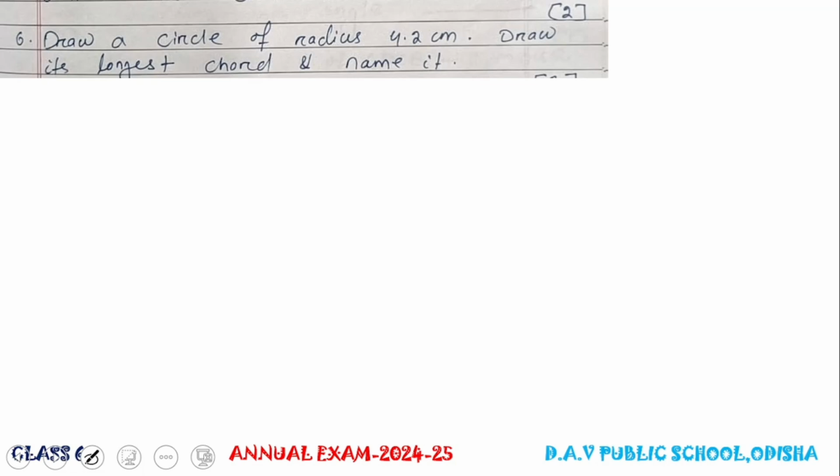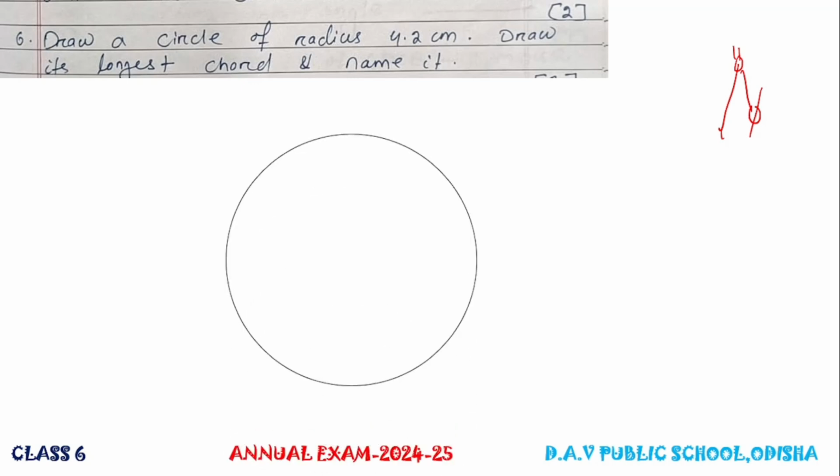Draw a circle of radius 4.2 centimeter. So by using a compass, take 4.2 centimeter and draw the circle. Now draw its longest chord. So the longest chord is this, the diameter is known as the longest chord, and name it A, B. Center is O, suppose this is P. So OP is a radius, AB is a diameter or longest chord. Longest chord is also known as diameter. Next,